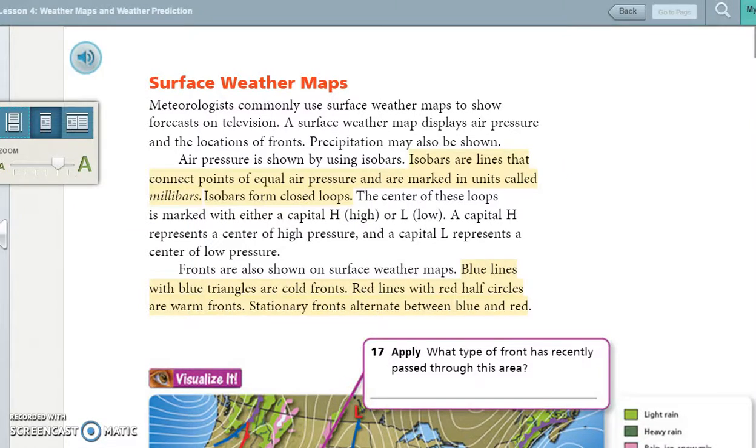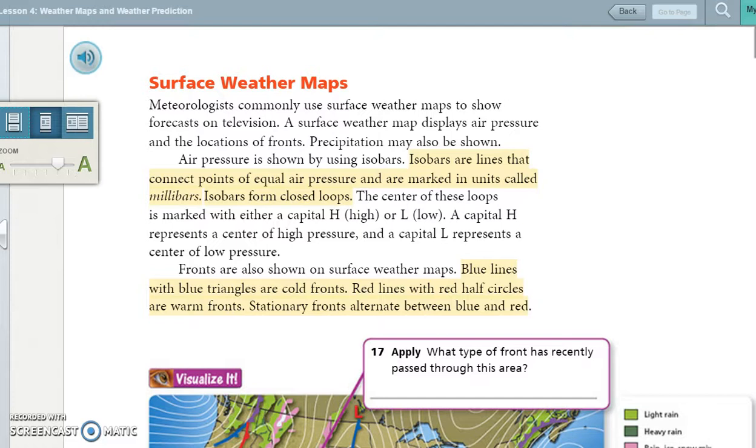Welcome to screencast number 3 for Unit 8, Lesson 4, and I am on, I think it's page 475, yes. All right, we're looking at surface weather maps, and we're going to spend a few minutes looking at those and